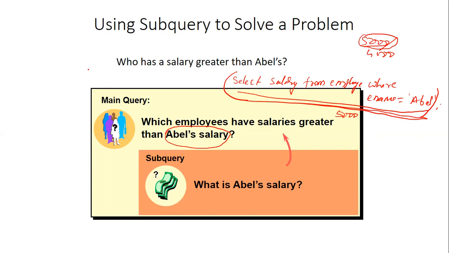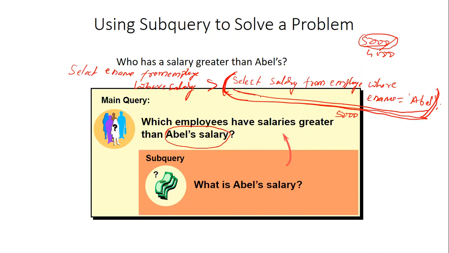Now we write another query that selects the employees: select e name from employee where salary is greater than 5,000.